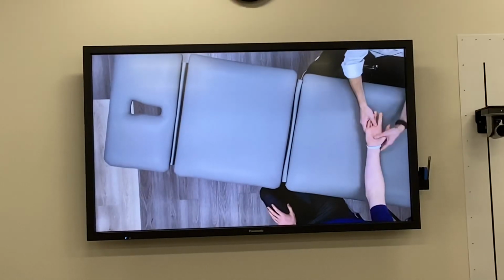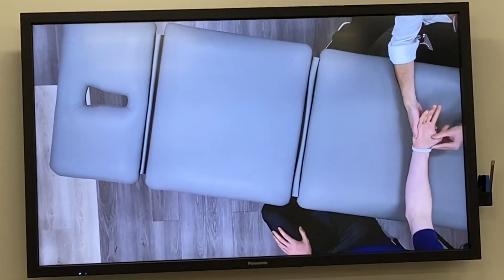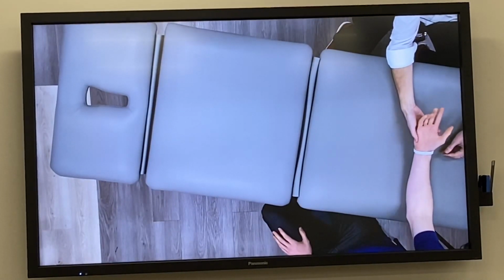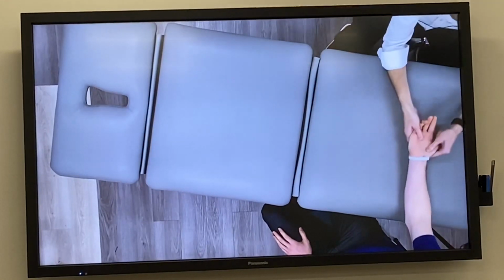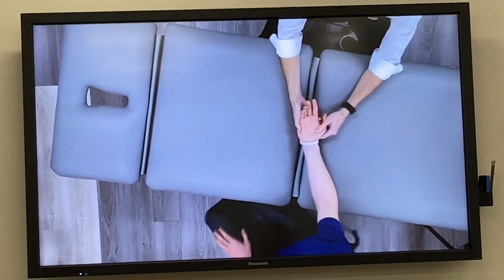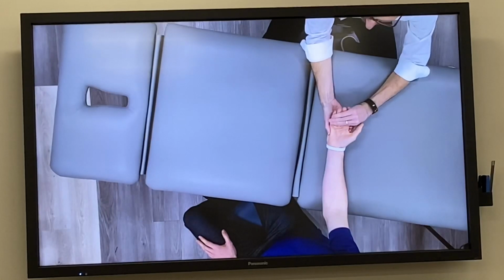With his palm up, I'm going to hold his hand, so my thumb is on his pinky side, and my fingers are kind of in this web space here. Way over at the edge. Okay. So I'm holding here, and the motion I want him to do is use his